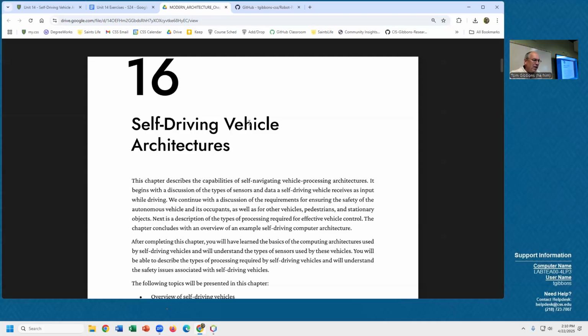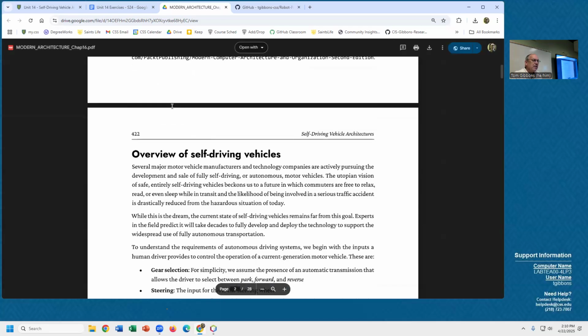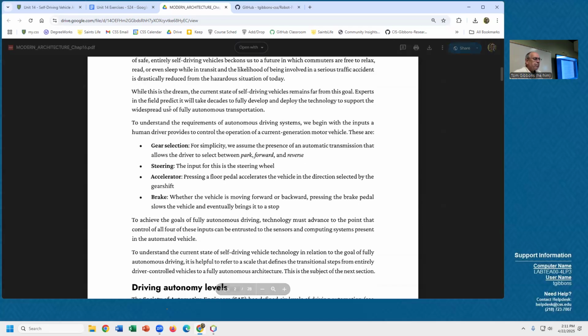Okay, so let's talk about how these cars work and some of the architecture for that stuff. So again, normal stuff, we've got to worry about gear selection, if it's going park, forward versus